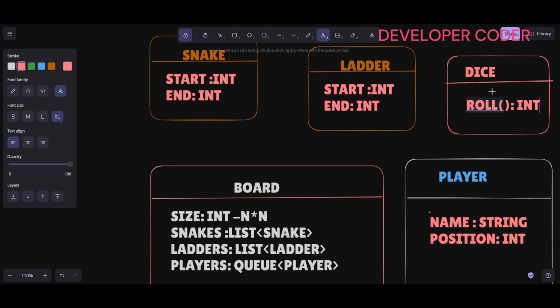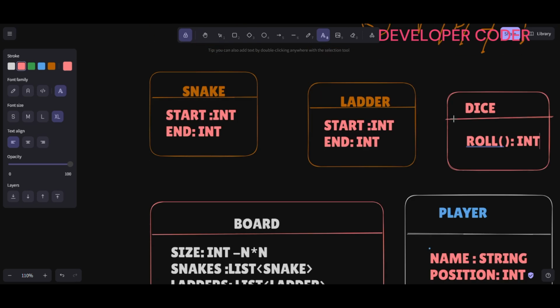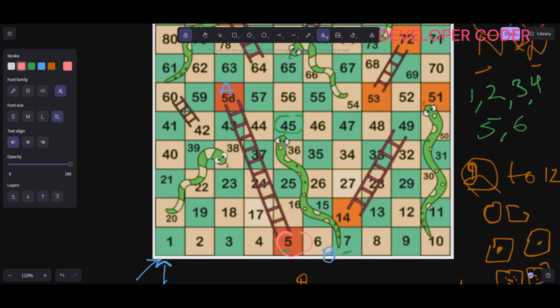Then the number is from range 2 to 12. So that we have to carefully consider, right? So let's see. Okay, so now this is done for dice, ladder, snake, board, and player. And what else? One more thing, we need game as well now, how we are going to play this